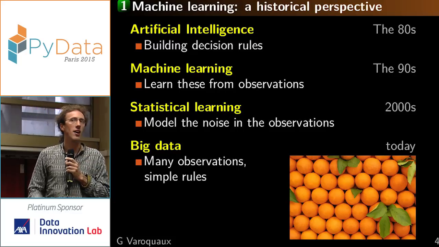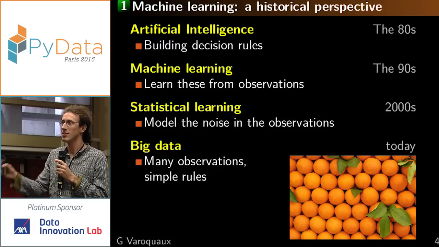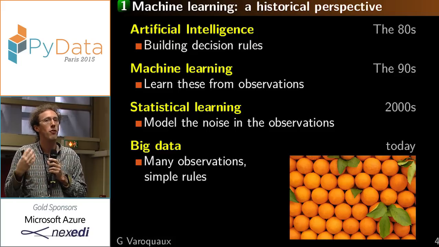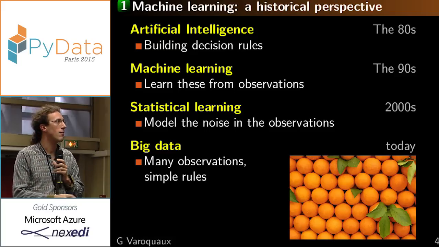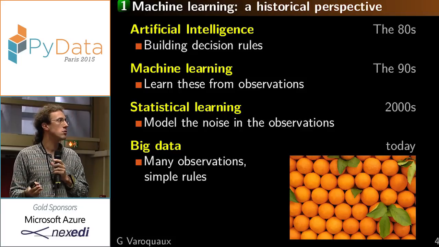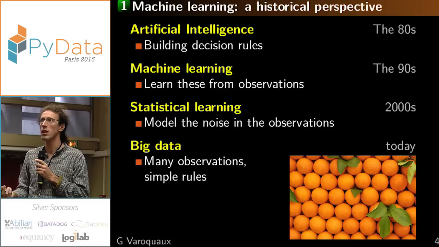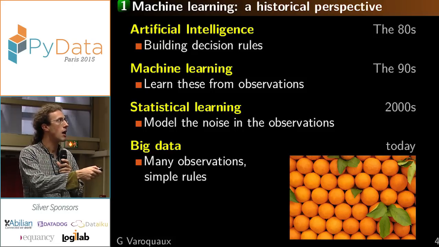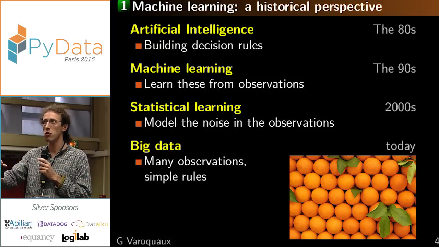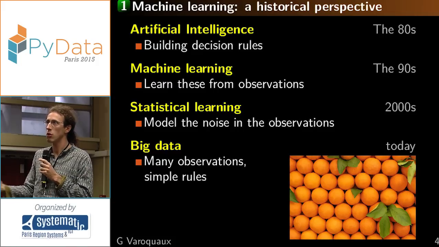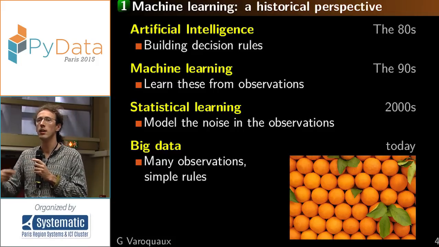These days, you hear a lot about big data. Everybody is talking about it. Nobody really knows what it is. But for me, big data is about doing the same thing, but with many more observations, which allows you to combine a lot of simple rules. And because you're combining a lot of them, you're explaining your data well, and you're able to predict really well. So there's this kind of evolution where you go from fixed rules that you control well to modern things where you don't control the rules at all, but hopefully you've seen a lot of data